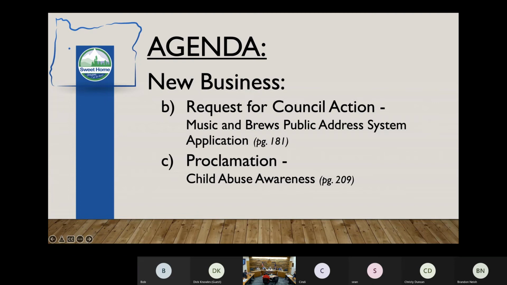Are there any other questions? Okay, so I need a motion on the request for council action for the Music and Brews public address system application. I make a motion to approve the PA system application for Music and Brews.